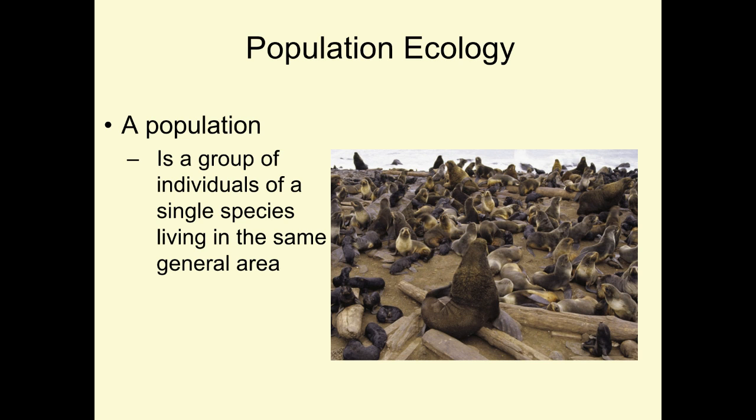Population ecology. So now we're looking at populations, and we're looking to see how populations interact. So what is a population? A large group of individuals that can produce viable offspring. Their gene pool is crossing, so they are breeding with one another, so they're living in a similar area.